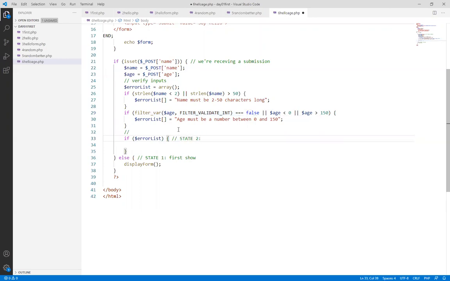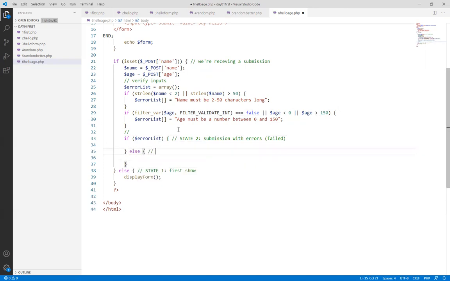State 2, submission with errors, so failed, right? Else, no errors, good. So state 3, submission successful, right? Okay, so now if the submission has failed, you see, I will want to display the form one more